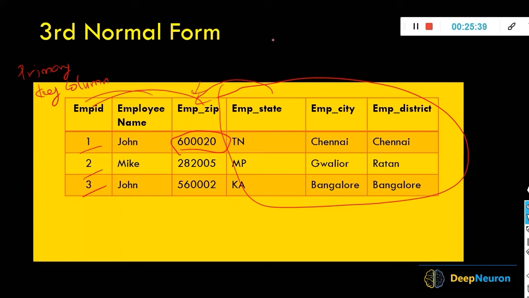As you see, the third normal form says there should not be any transitive dependency. Transitive dependency in the sense that all the columns should be fully dependent on the key column. So these are non-key columns, but the non-key column depends on another column. Hence, what we do is it requires splitting. So employee zip and the other columns you put in a separate table, but these 3 columns you put